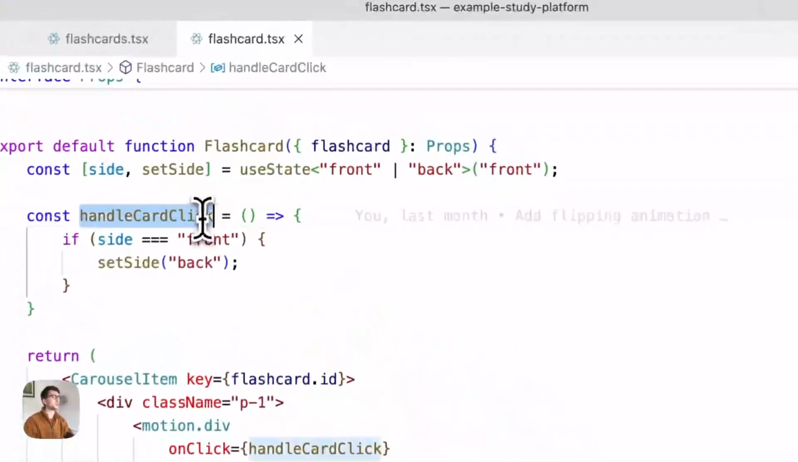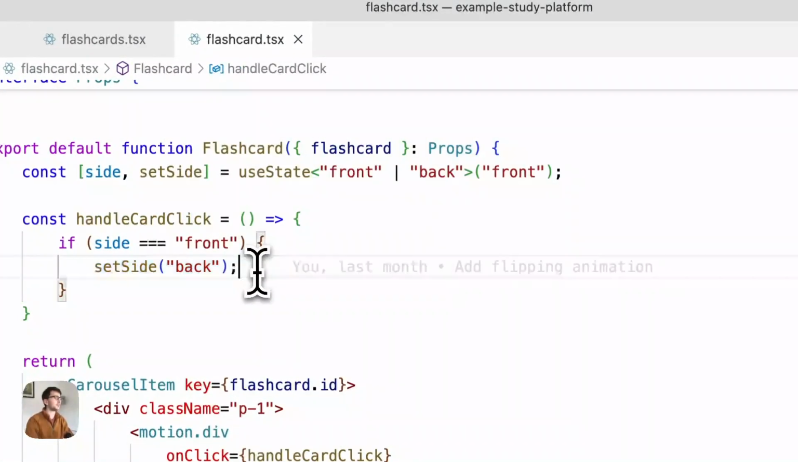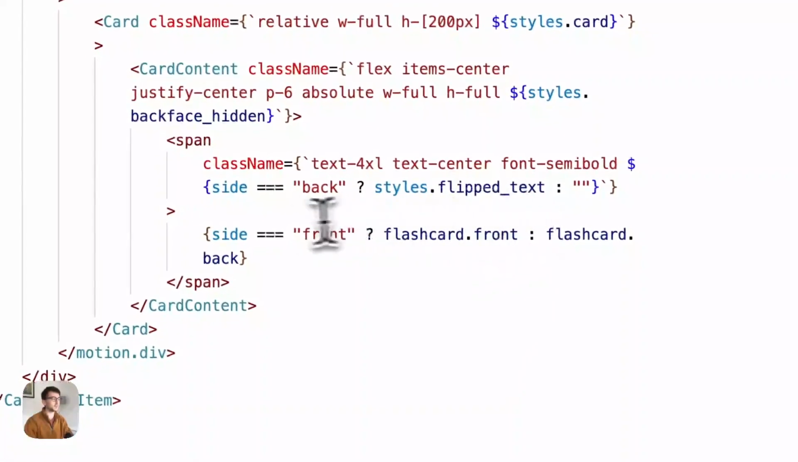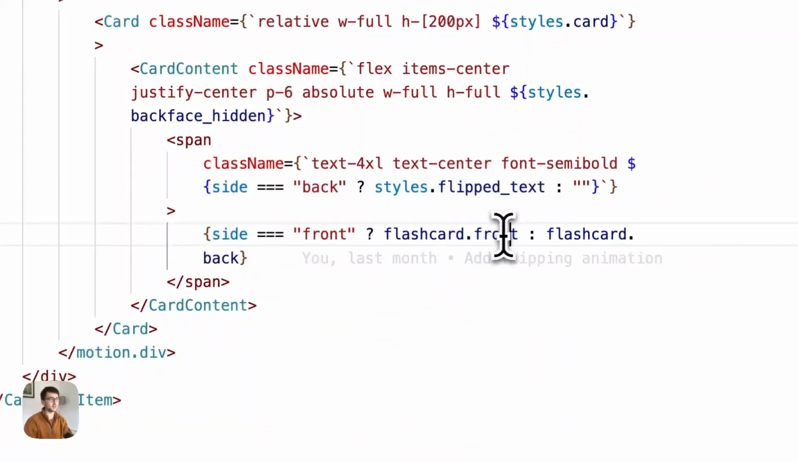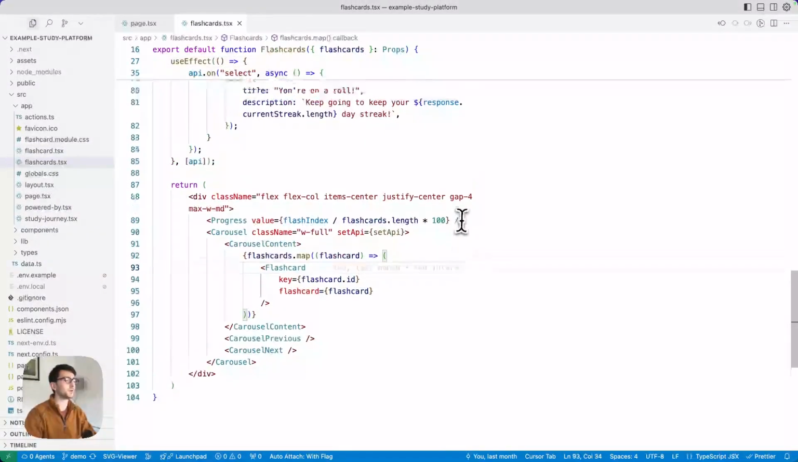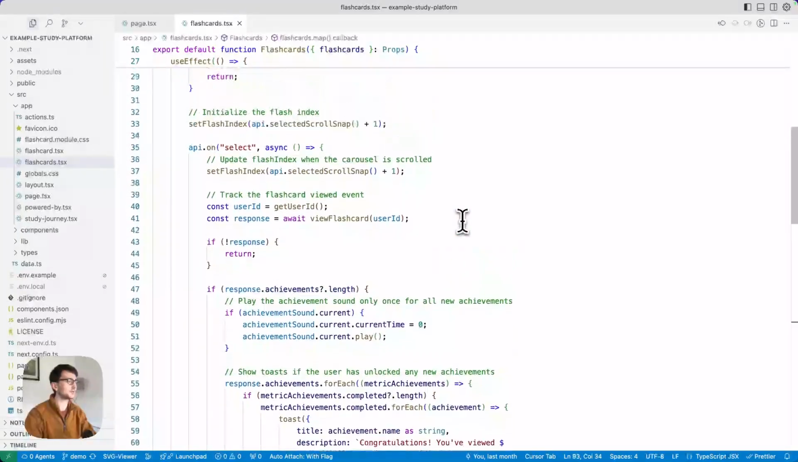you can see when you click on a card, it basically flips it over. And that changes the side of the flashcard that you see. And then based on the side, if you see the back, then you get the flip text. If you see the front, you get the front of the flashcard. So yeah, pretty simple. But the actual part that does the achievements is kind of just in this big use